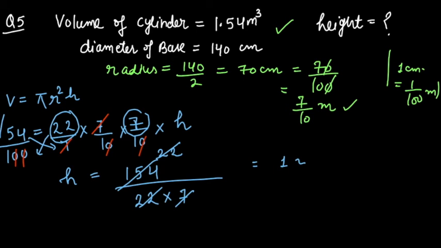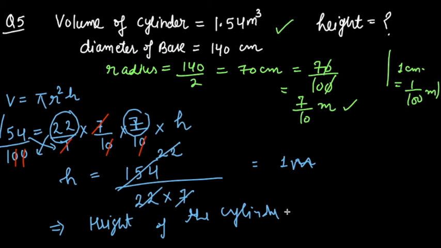It means the height of the cylinder is 1 meter. Therefore the height of the cylinder will be 1 meter. So this question is done. Whereas the important thing is that you have to